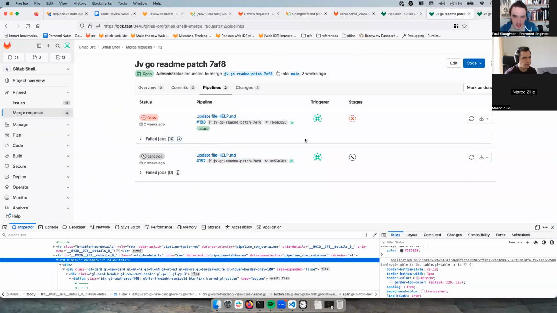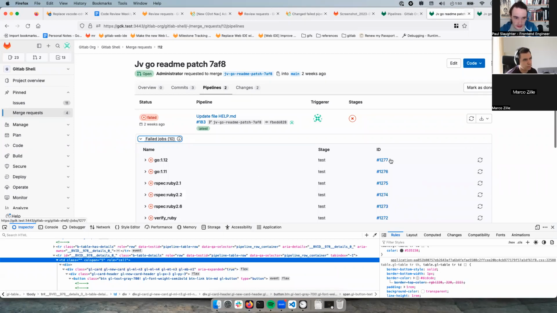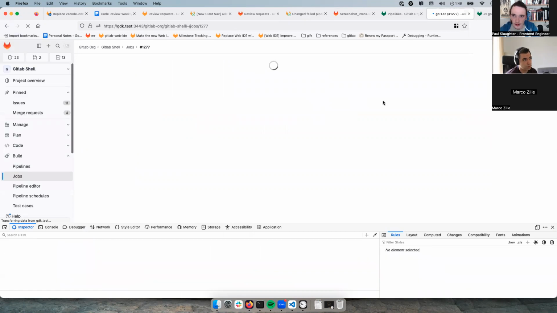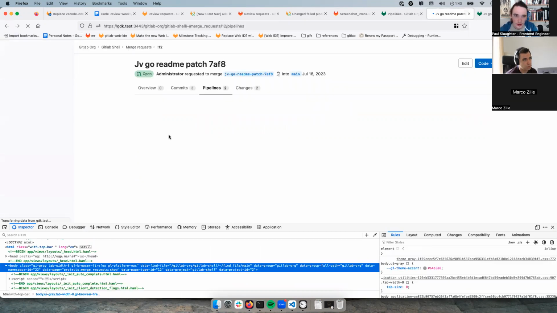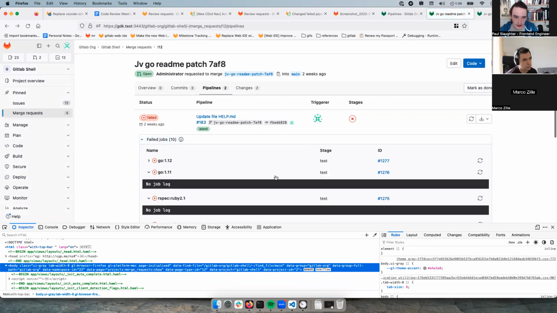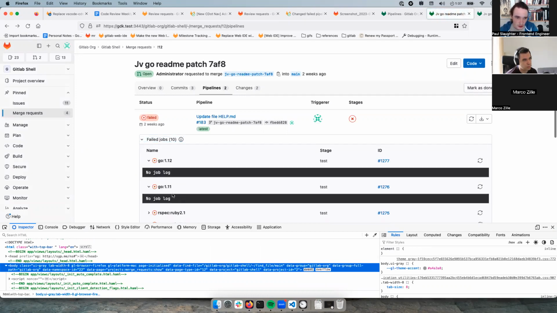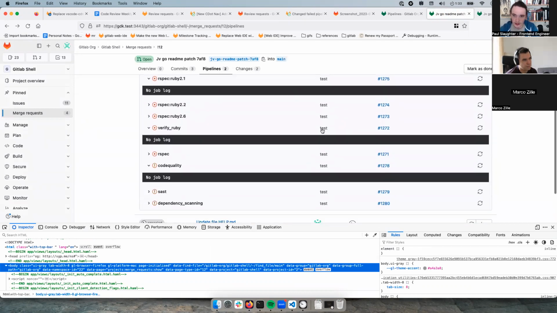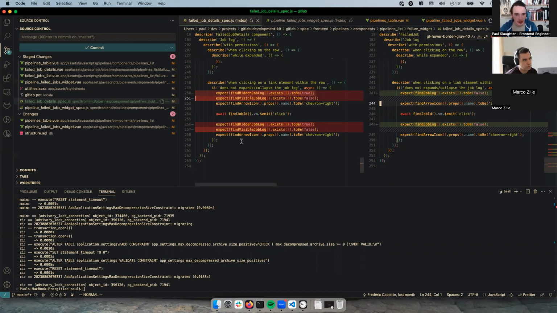When clicking on a link element within the row. Oh, yeah. If I click on this. Yeah, hopefully it's just this button and nothing else is doing stuff. Yeah, where are my job logs? Okay, cool. Yeah, I think that's it. I think we've